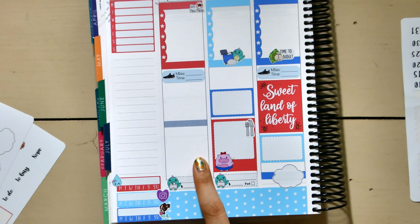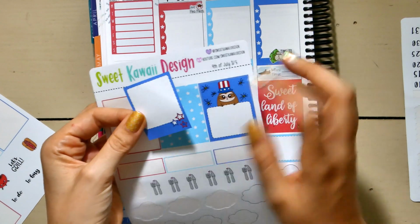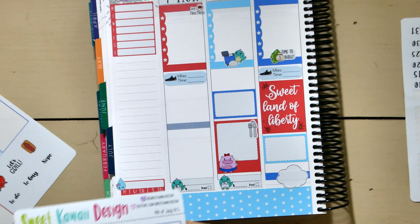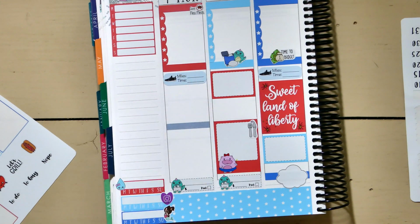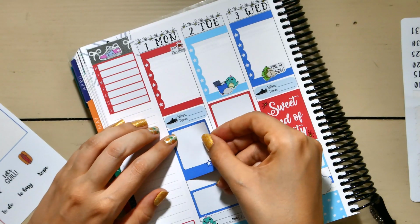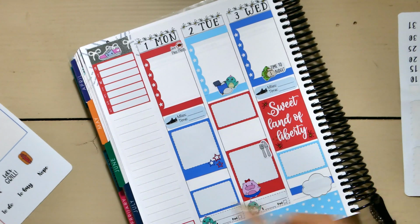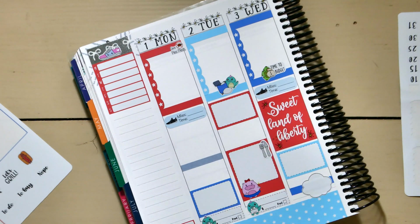So over here, let's do, I have this full box and this full box, and I think I like the simplicity of the stars this time. I love that Simon with the little hat, but I think I'll be okay without it. That doesn't even leave me enough room for a quarter box. What can I finagle here? What I might do is trim off part of this. I know it's going to cut off part of a star, but